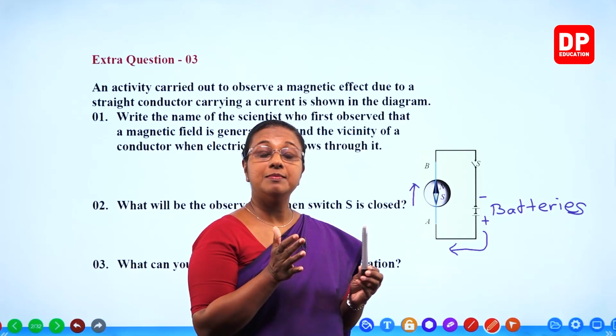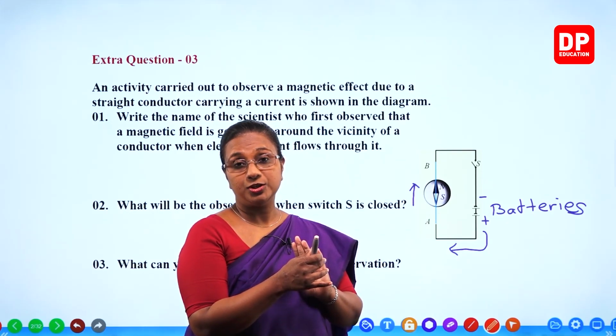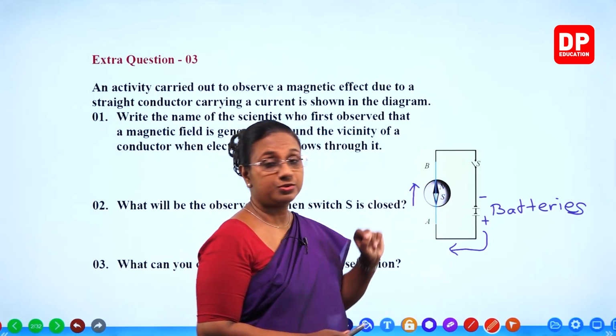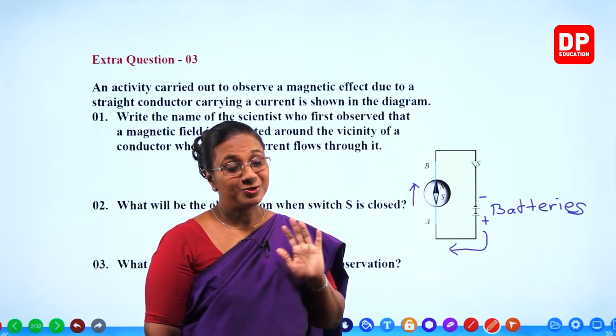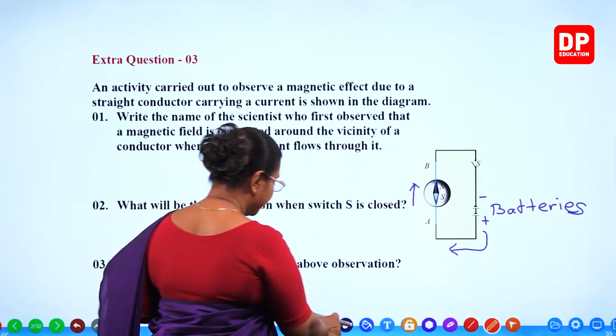So above, the magnetic field will be in one direction. Below, the magnetic field is going to be in the opposite direction. So that also can be observed using the compass. I'm sure you all can remember the activity. So then if we answer the questions,